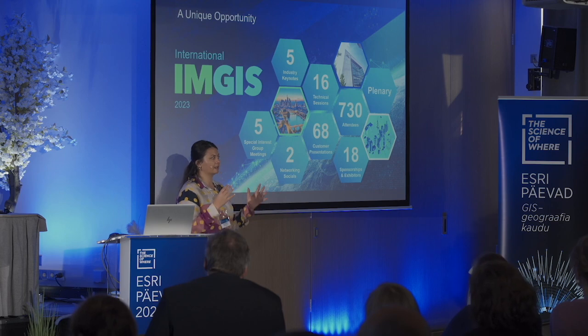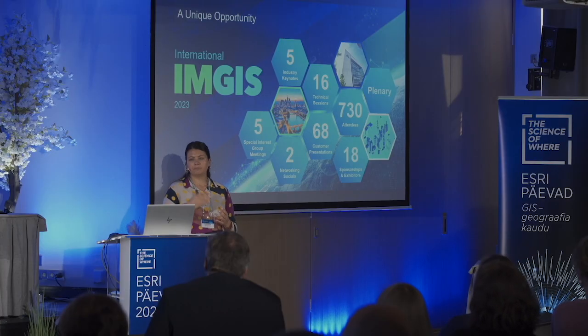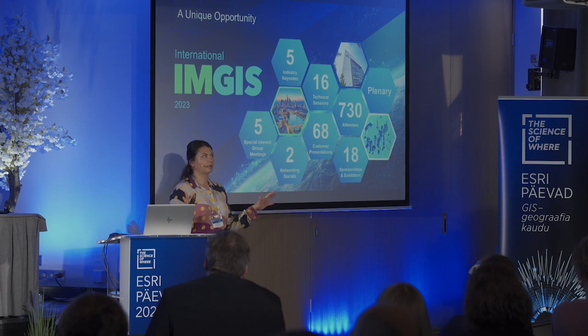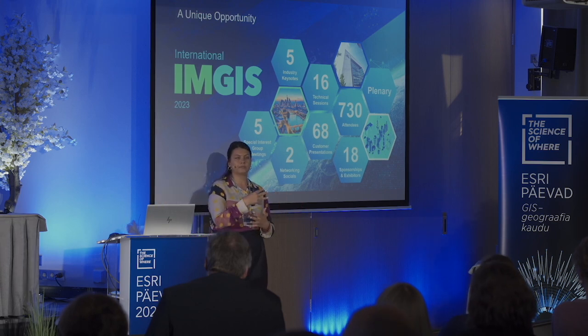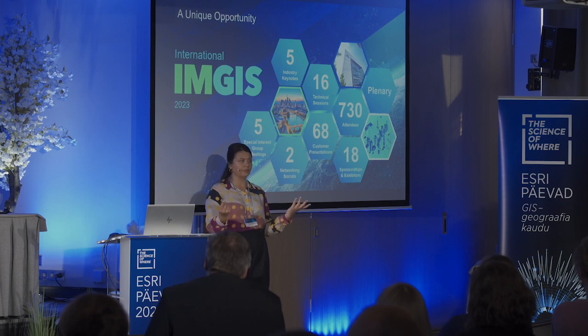This event, we call it IMGIS, but it's the Infrastructure Management GIS Conference. It takes place in Europe. It has industry tracks for electric and water, telecoms, transport, and AEC. It has technical sessions from Esri and distributors. It has special interest groups, which are really the place for you to sit down, talk to your peers, and discuss the topics that are common to all of you. And it has a big exhibit of partners from different countries in Europe, as well as the Esri partners.